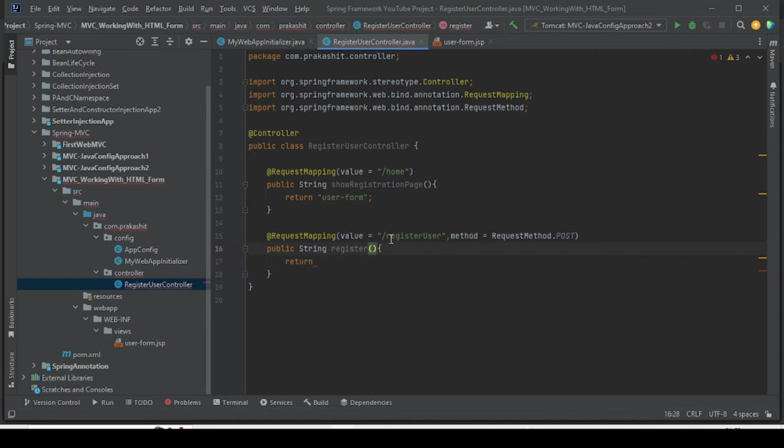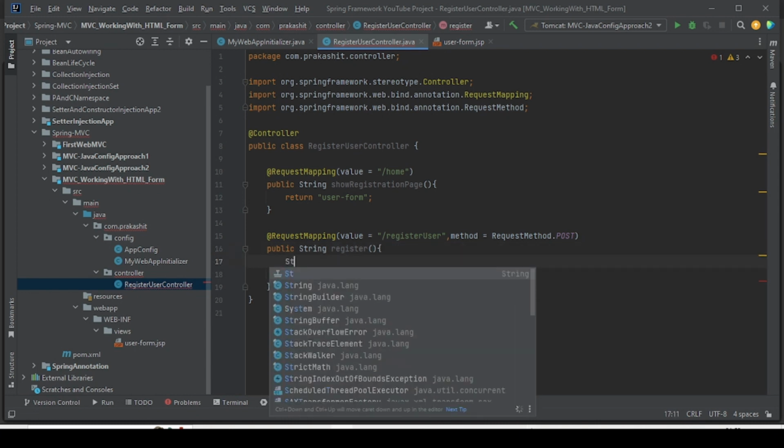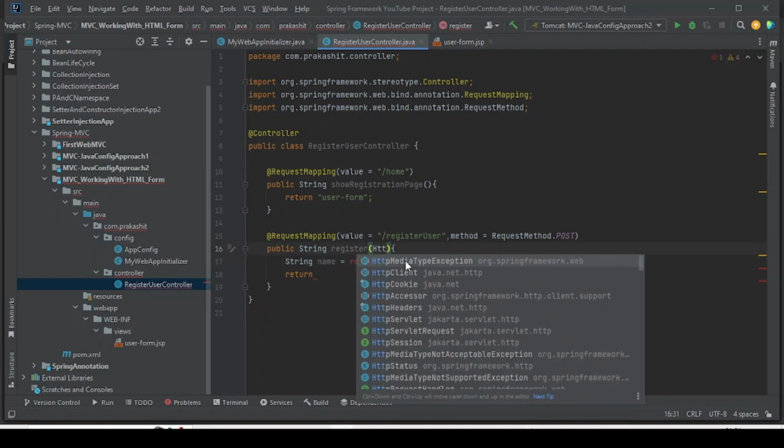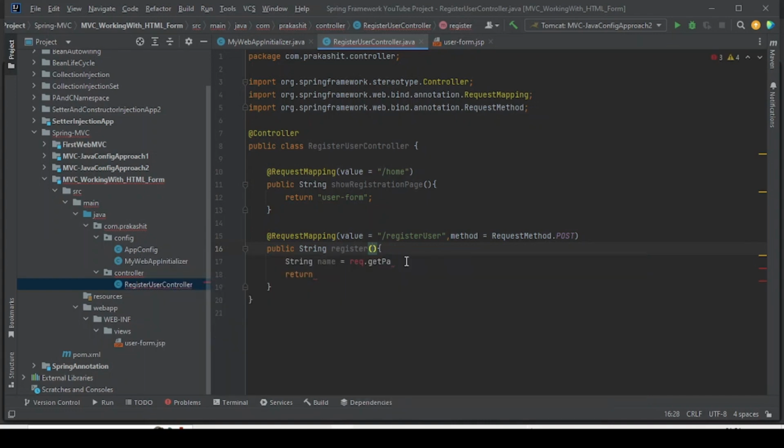This is a kind of servlet, right? In order to handle the request from the user in the case of a servlet, we write String, for example, some name equal to request.getParameter, right? This is the stuff we write, isn't it? So how can we do that? We write HttpServletRequest, and from that request, getParameter. By using that, we can